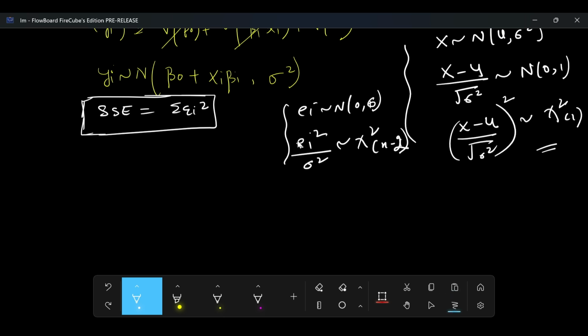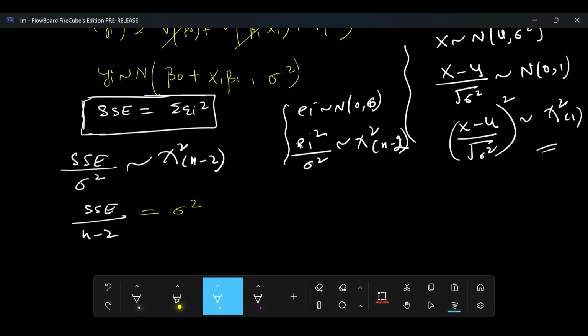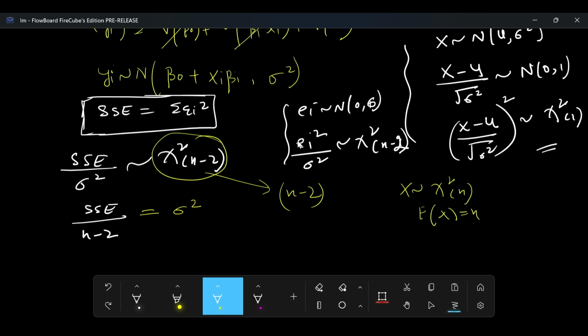तो हम यहाँ पे क्या करेंगे, see this is SSE, अगर हम divide करेंगे sigma square, ये follow करेगा chi square n minus 2. So SSE divided by n minus 2 is equal, not will follow, but actually it is equal to sigma square. Why, because expectation of this is n minus 2. Remember, x follows chi square n, expectation of x is equal to n, variance of x is equal to 2n, or if x follows chi square 1, expectation of x is equal to 1, variance of x is equal to 2. Clear. So see